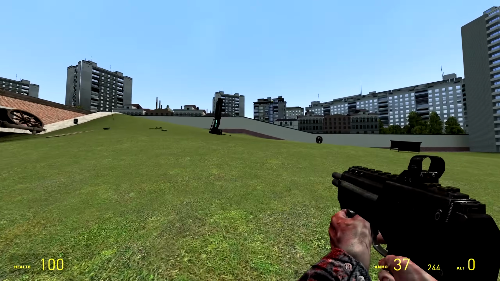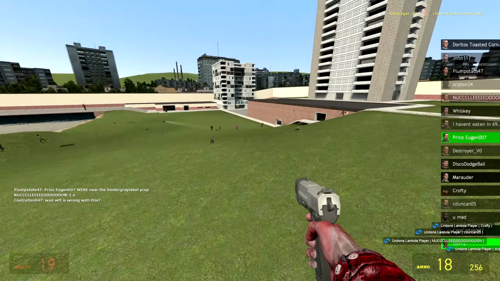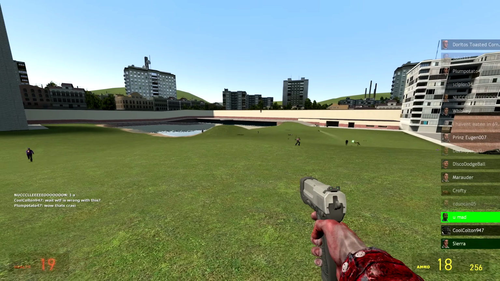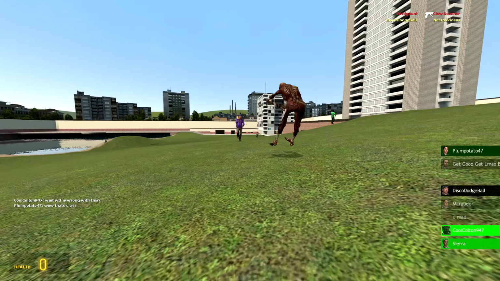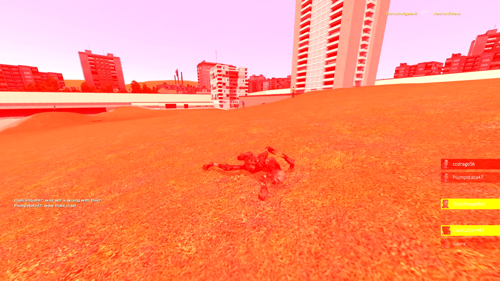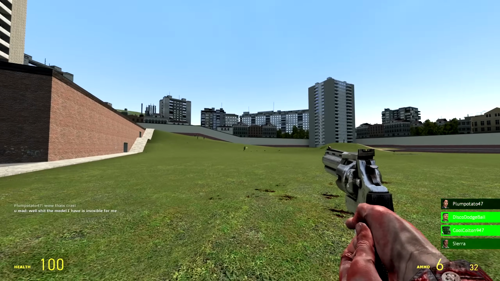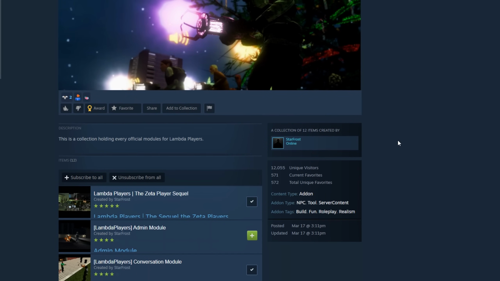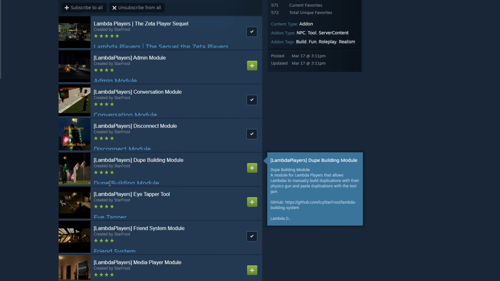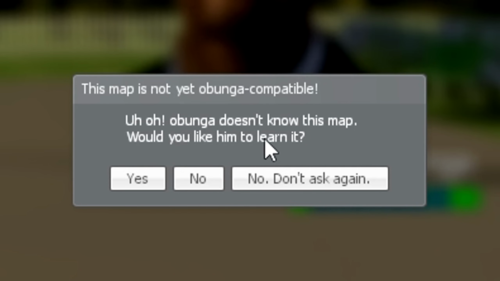So if just looking at this isn't enough for you, let's do a quick rundown on what has changed. First things first, it's way more optimized. You're not going to have to worry about performance as much as you did with the Zeta Players mod. You know what that means, right? Even more Lambda Players. Not only that, but they also handle custom content way better than the Zetas did, and the reason why is because of the module system, which we will be taking a look at later on in this video. The best thing is they can work without a navigation mesh,